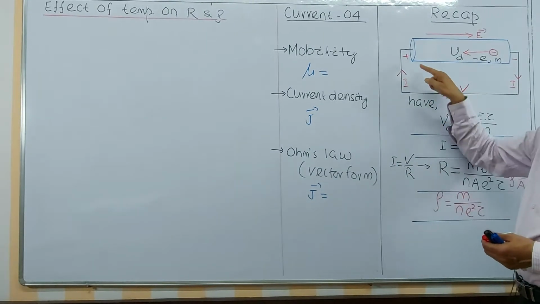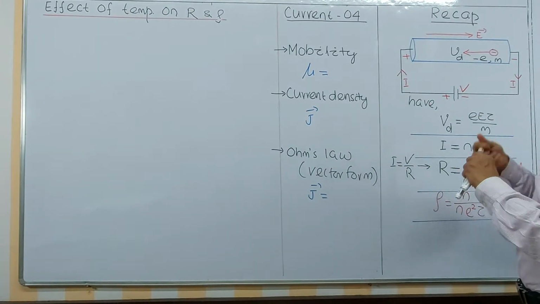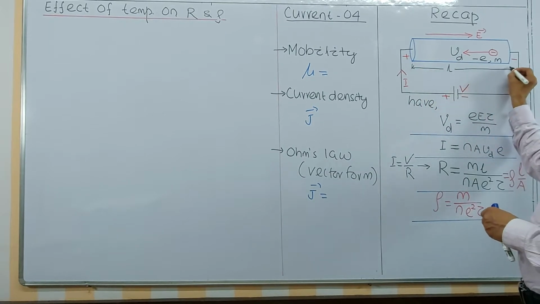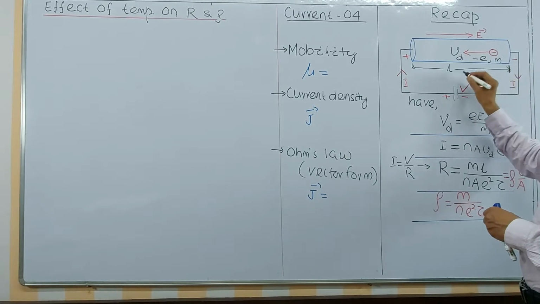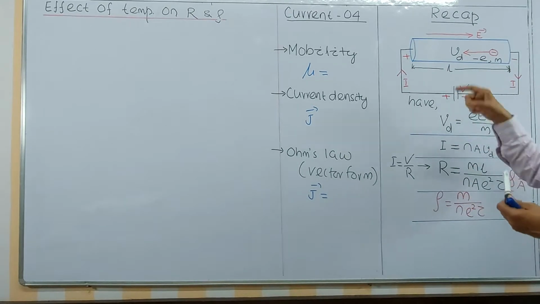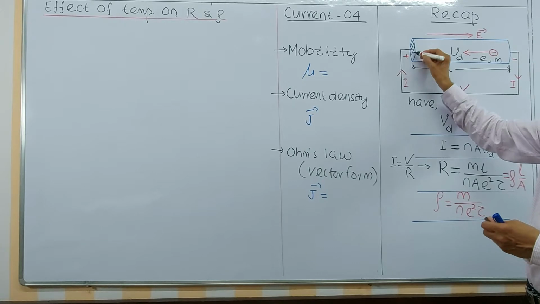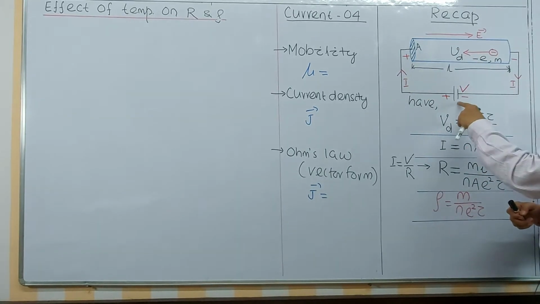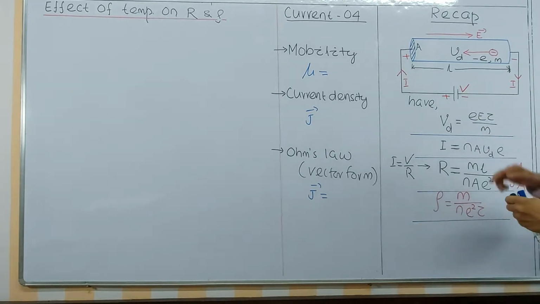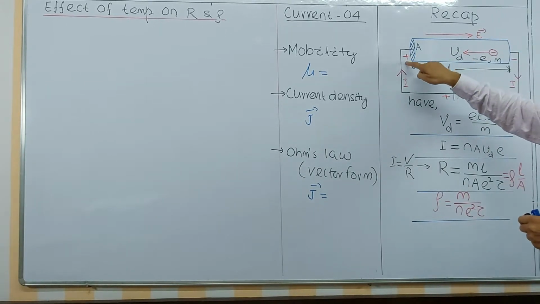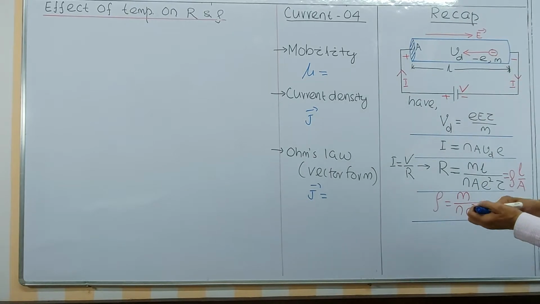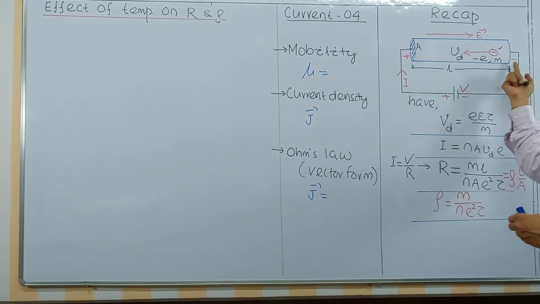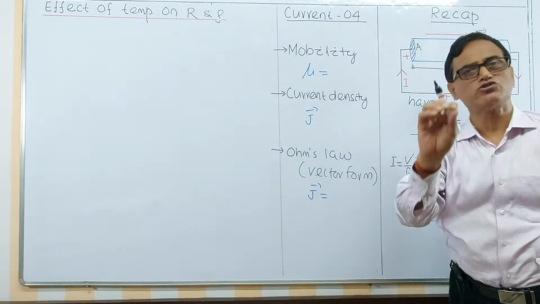We have read, if there is a metallic conductor, I mean copper, silver, gold, whatever it may be. Generally we take copper of length L and area of cross section A connected across a potential difference V, then an electric field is set up from plus to minus. As a result, the electron starts drifting from negative towards positive. This is the conclusion we have drawn.